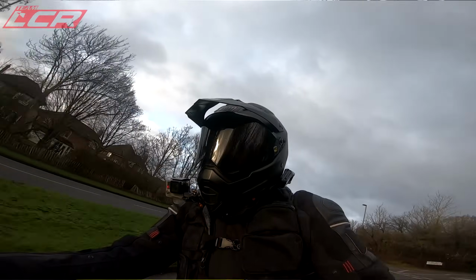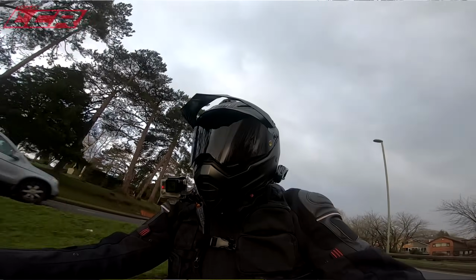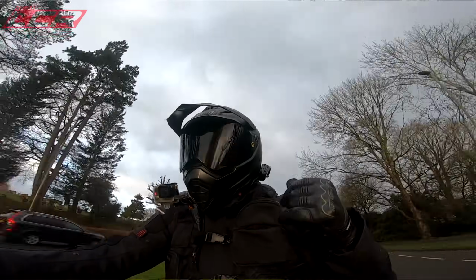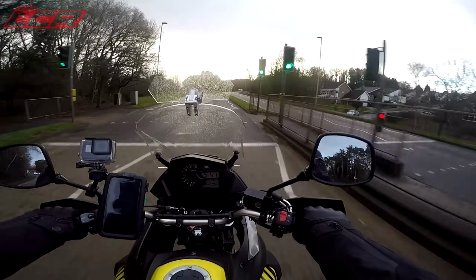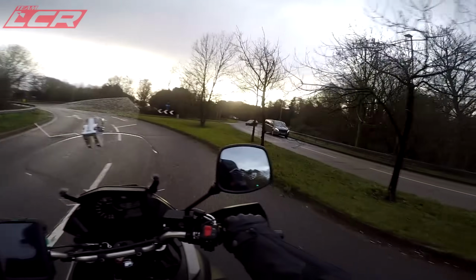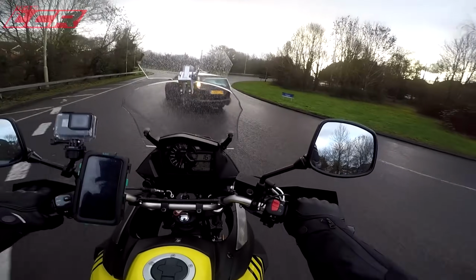The gearbox is so smooth. It's got the little extras like the pull away assist, which all Suzukis have, and if you've got a pillion, because I've actually had Mrs. Chops on the back of this as well, the first bike she's been on the back of in like 20 years. I'm not saying Mrs. Chops puts a bit of extra weight on the bike, but with 2 up, the pull away assist in traffic